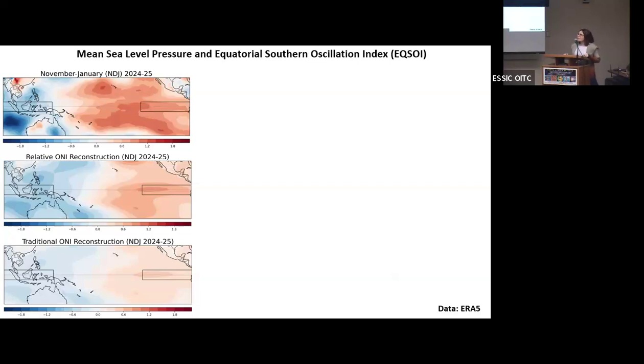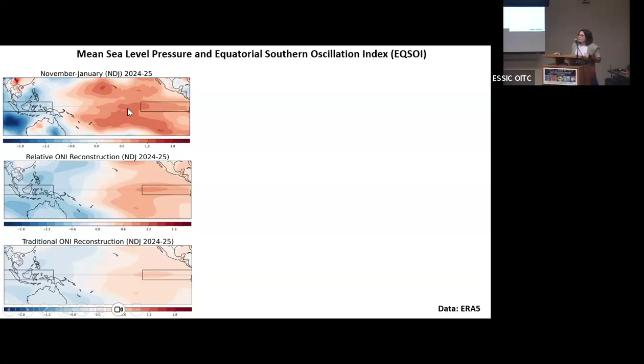I've also done this in CDAS, very similar. And so the equatorial Southern Oscillation Index, for those who aren't familiar, uses just these two box regions in the Eastern Pacific and Indonesia. What I do is I standardize each of these boxes, I subtract them, and then I standardize them again. And so it's essentially an on-equatorial measure of the strength of the Walker circulation. All right. So this is what we've seen in the last season.